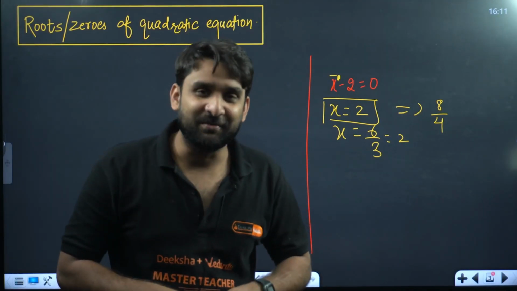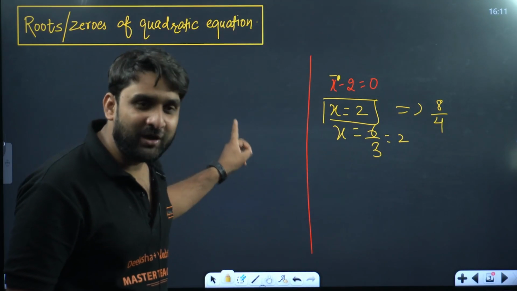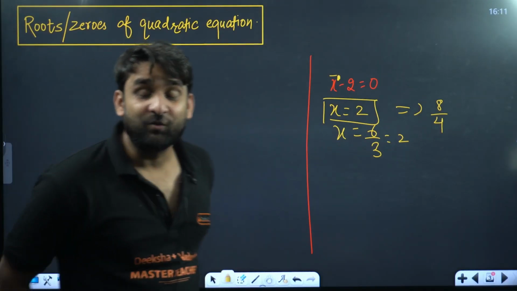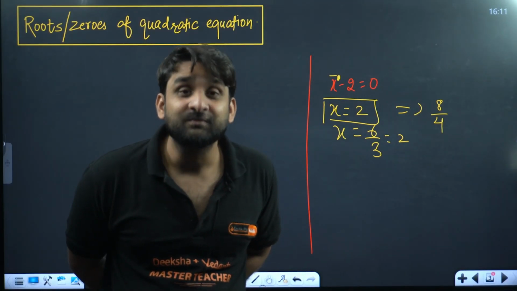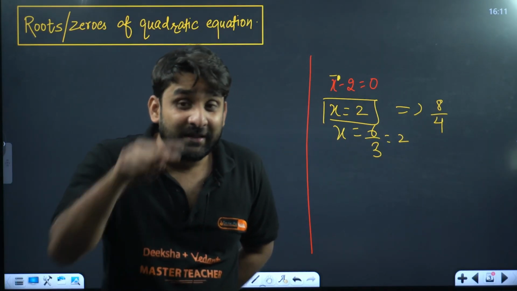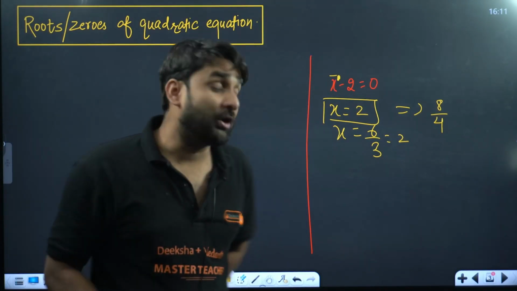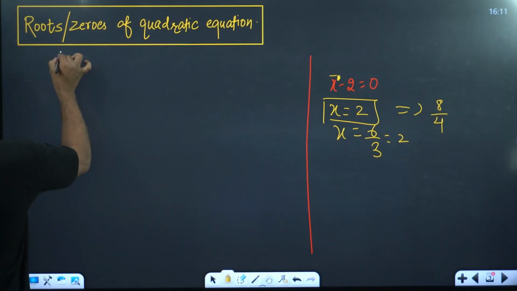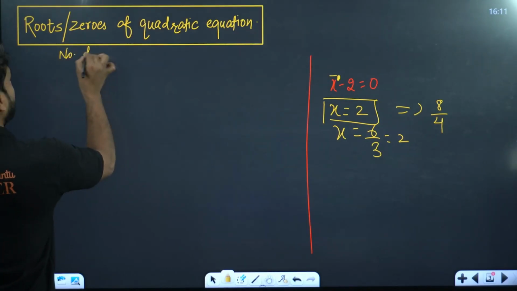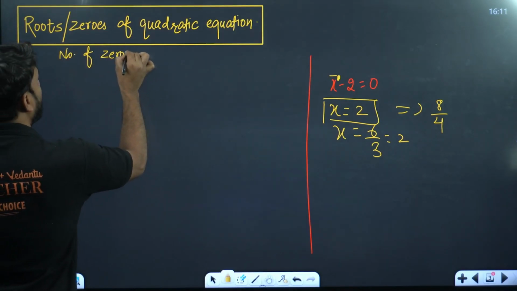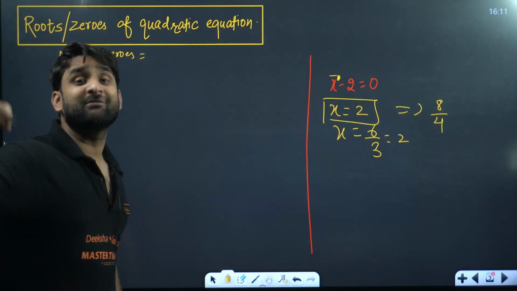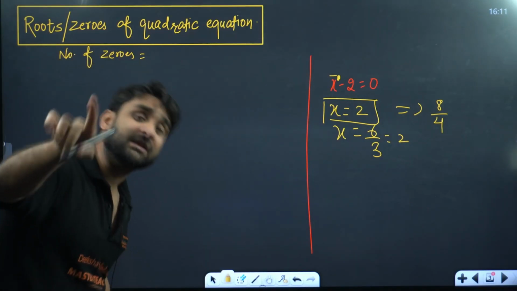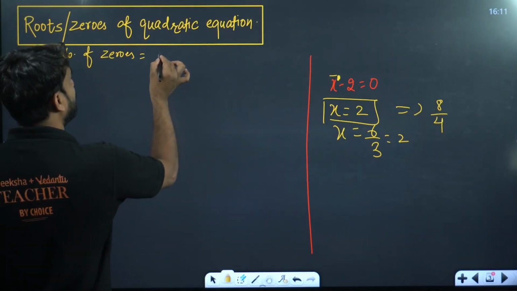And my dear champion, presently we are dealing with a quadratic equation, and what is the highest exponent of the variable? x square, 2. So how many zeros will there be? 2 zeros will be there. And I hope you have understood what zeros are: the possible values of x which satisfy the given equation. So the number of zeros will be 2,